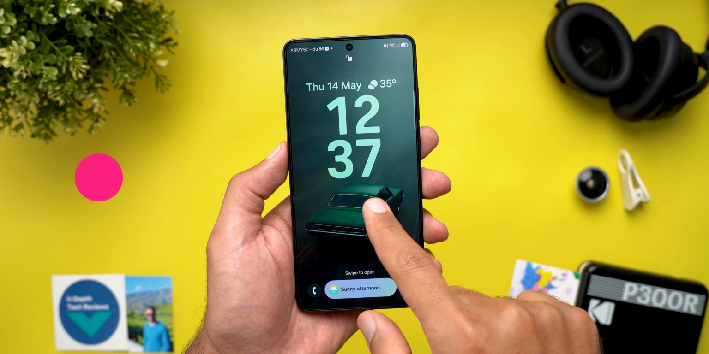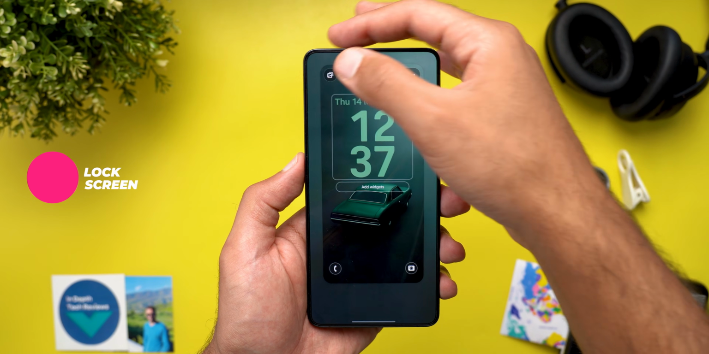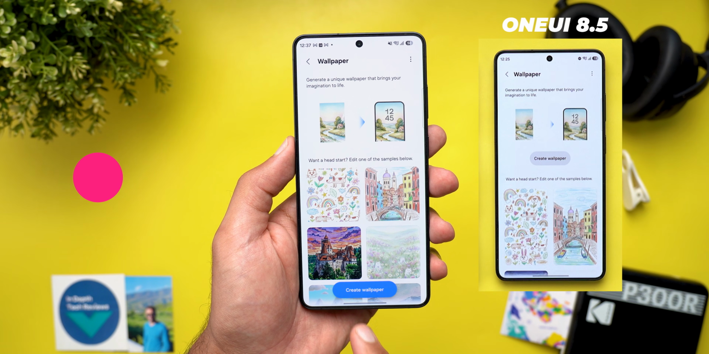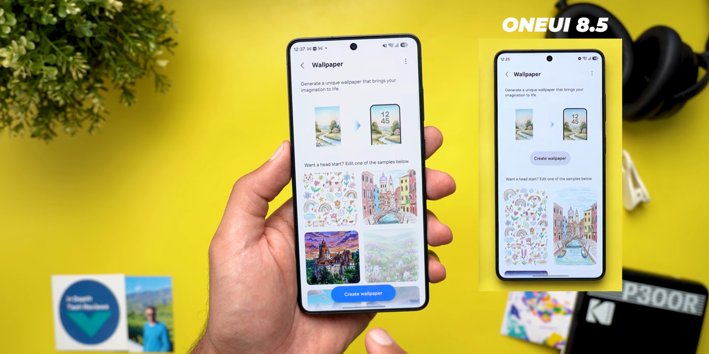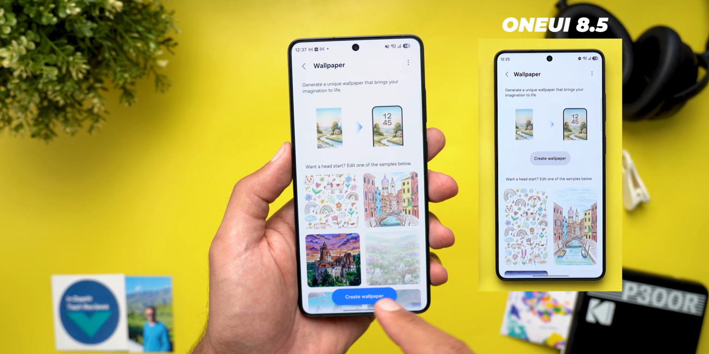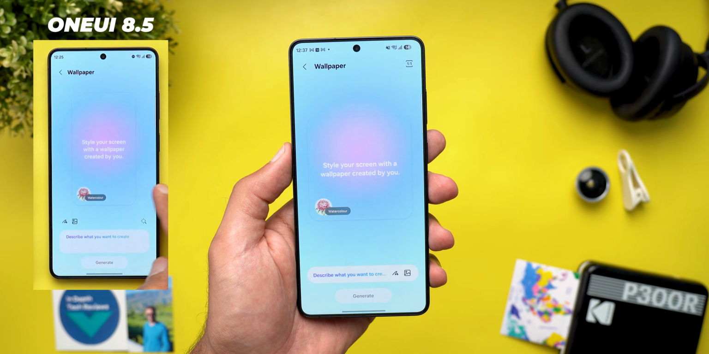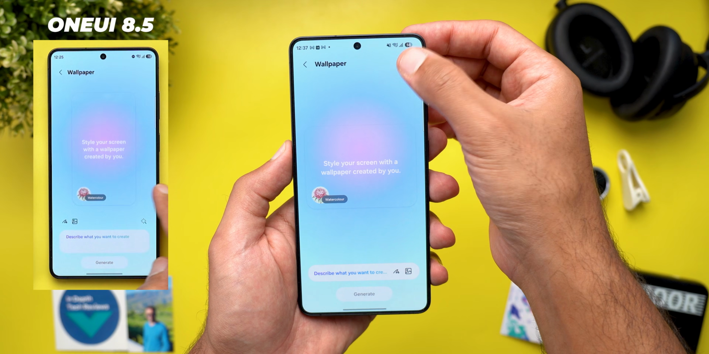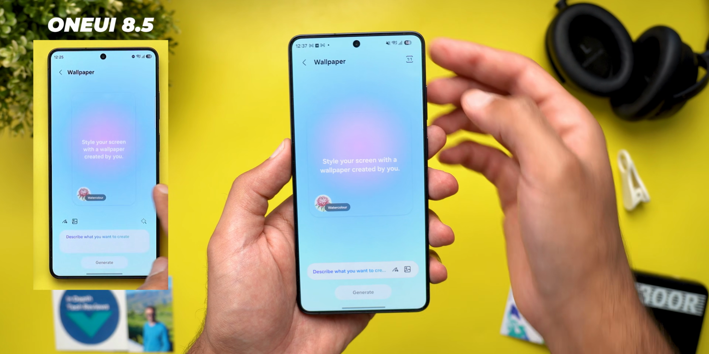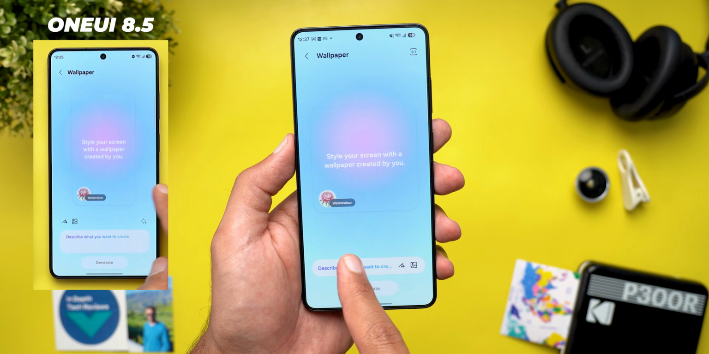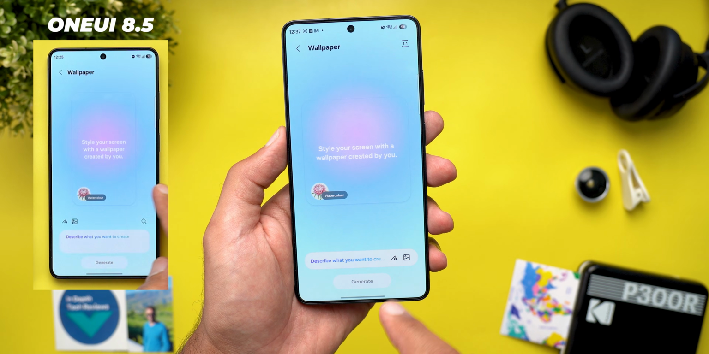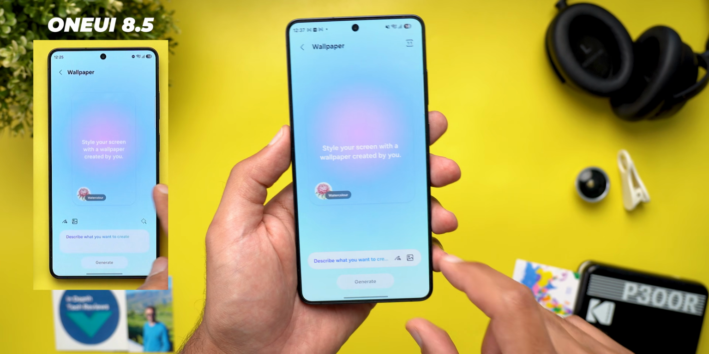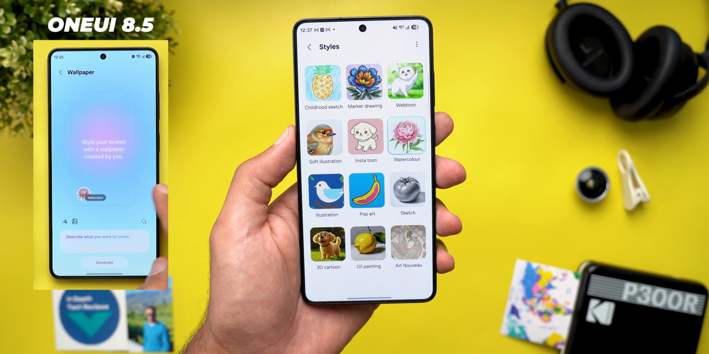So let's start with the lock screen. When you go to the editing page, then wallpapers, then Creative Studio, the create wallpaper button is now showing at the bottom of the screen in blue color instead of showing in this area in gray color. Plus, when you go to the create wallpaper page, you will see multiple tweaks. The first one is the ability to change the aspect ratio using this toggle. And the buttons that used to be in this area are now embedded within the text box. Here you have the doodle or the gallery option. Plus, if you want to change the style that used to be in this area, now you need to tap